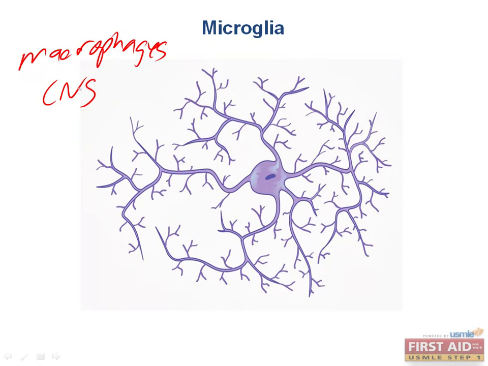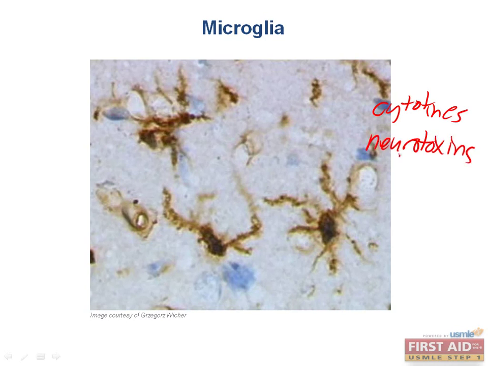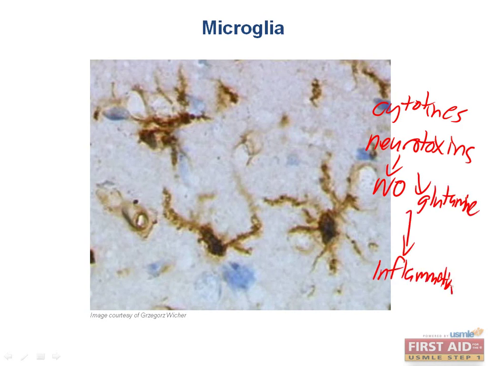They also help to activate other immune cells. When tissues are damaged, microglial cells are upregulated and chew up the injured cells. You can see the microglia cells here staining brown for lectin. Microglia make cytokines as well as neurotoxins. These neurotoxins can be things like nitrous oxide or glutamine, and these mediate inflammation. They're also important for restitution of the CNS environment, but like all forms of inflammation, they can cause lasting damage.